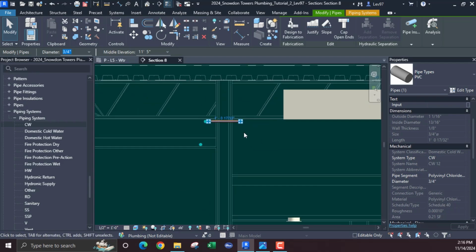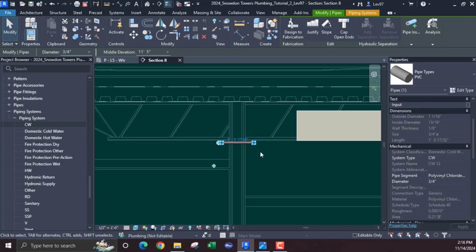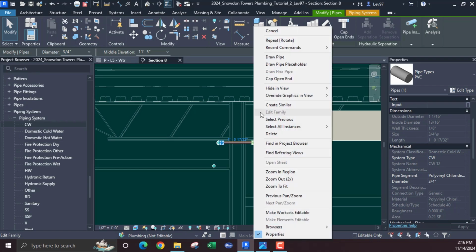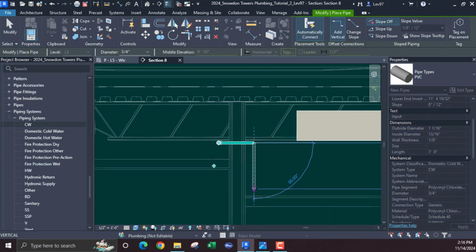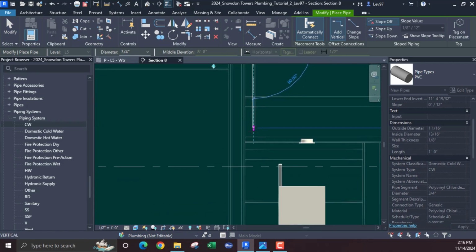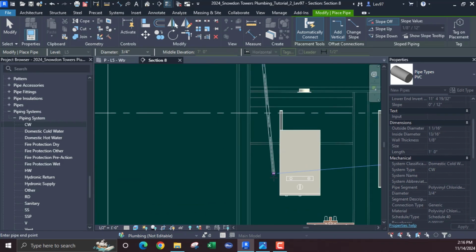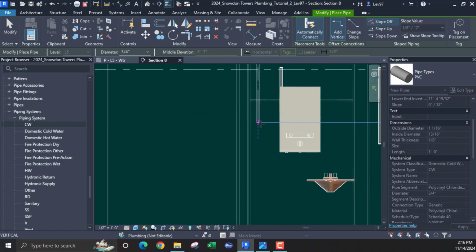Okay, so we're looking at a side view, and I want to go down. Let's see, so I'm still in the wall space. Okay, and there's my water heater, and there are the connections. So I want to get down far enough, but maybe I can go higher so I don't use too much pipe. If I go lower, I'm going to use pipe, six of one and half a dozen of the other, so I can go down this far,